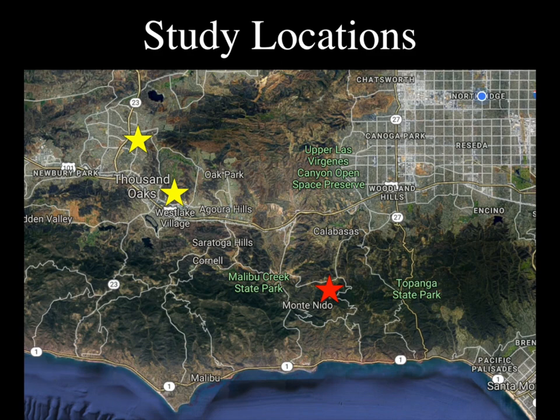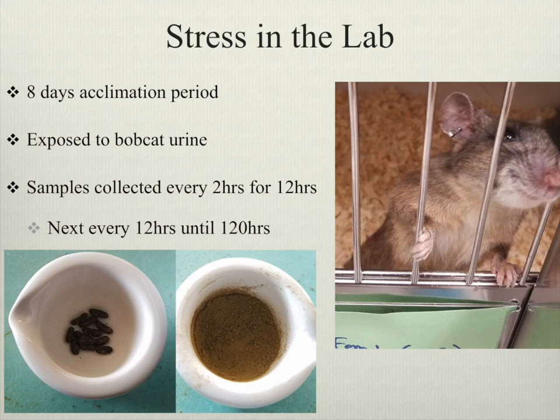Each field site was divided into 2 populations of a control population and treatment population. They were spatially isolated from one another, and no individuals moved between control and treatment populations during the course of the experiment. The red star indicates UCLA Stunt Ranch, where I took approximately 10 individuals and brought them into the lab here at CSUN for controlled stress tests.